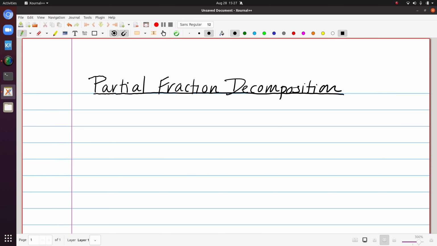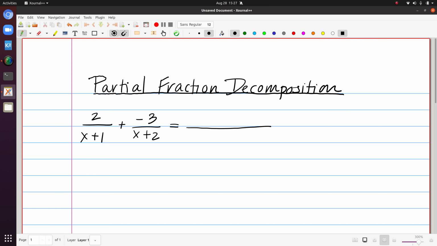Our third integration technique is called partial fraction decomposition. To start with, what I want to recall is the process of finding a common denominator to combine rational expressions. So if I were to start with 2 over x plus 1, and I add to that minus 3 over x plus 2, what we typically do is get the common denominator,